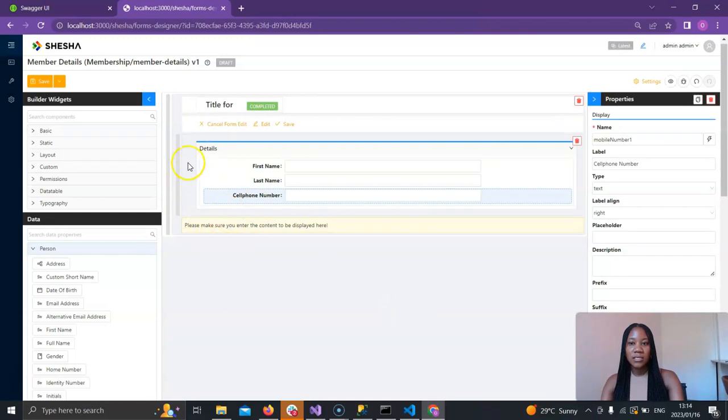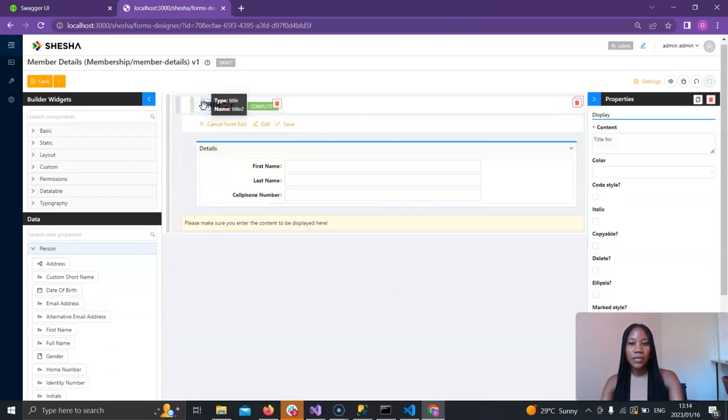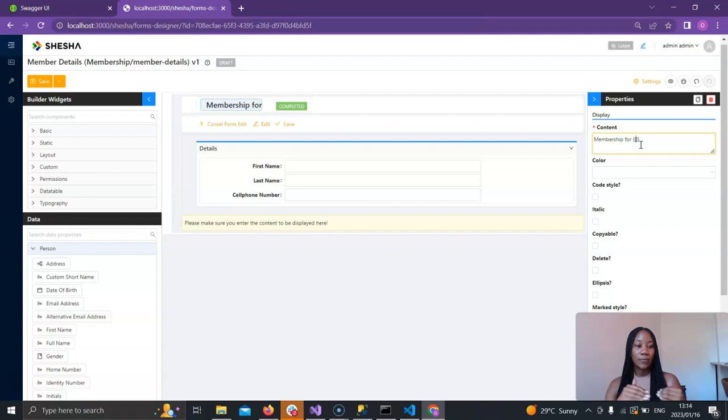And again, to give this details view a little bit more character, we can then navigate to our title component and give it the content of, let me just clear that and give the content of membership 4. And then this framework uses mustache templating engine, which means that you can enter dynamic values not just through the property name job bar that you have available, but you can also use the mustache templating engine, which entails using 2 curly brackets, 2 for opening and 2 for closing, and entering in your property name, which will dynamically be